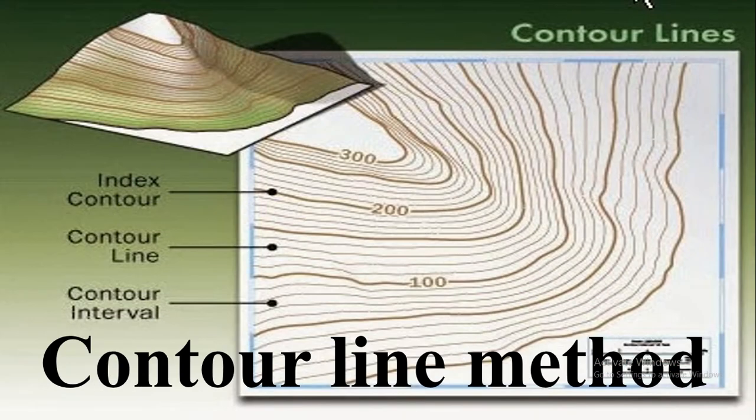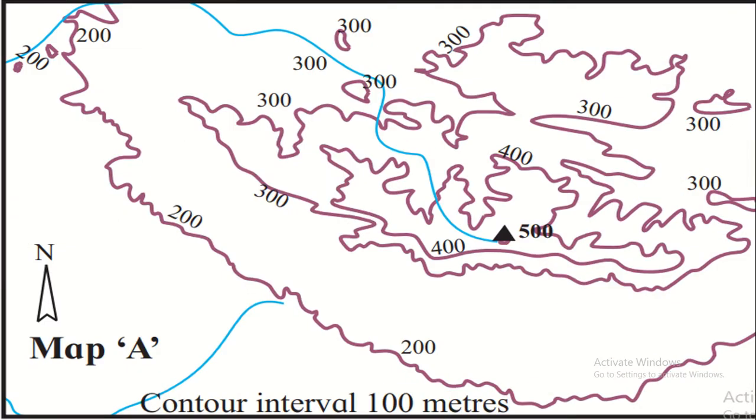This method is used to show the unevenness of the landform on a map. In this method, the height of the land is measured from the sea level. Points of the same height are then identified. Their position is marked accurately on a map. Their locations, that means the points, are joined with a line. Lines joining the locations of the same height on a map are called contour lines.